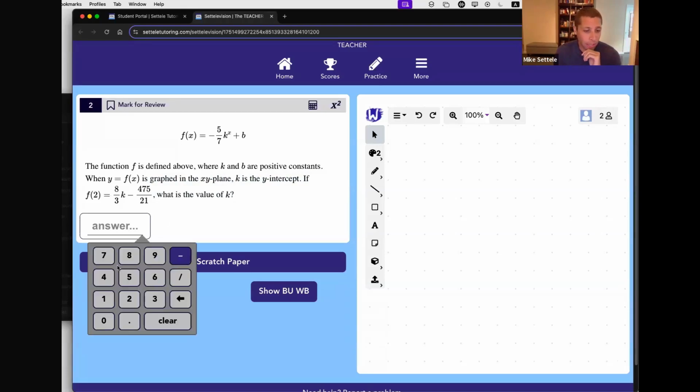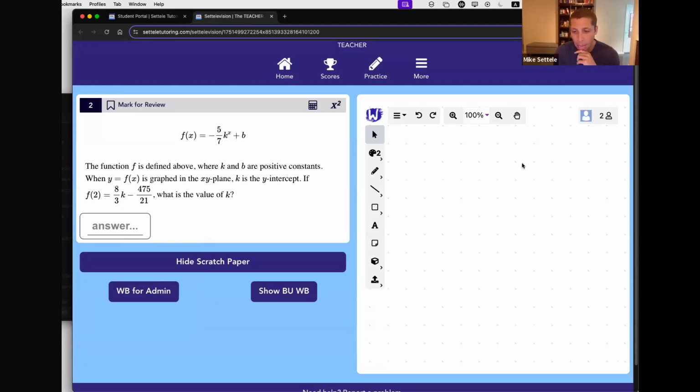If you have an answer, you can click and you can enter it here. This is a little different from how the main student-produced response works in the Blue Book app on the actual SAT, but that's just a programming thing. And these scratch papers you can feel free to use as well, or just having a paper is fine.